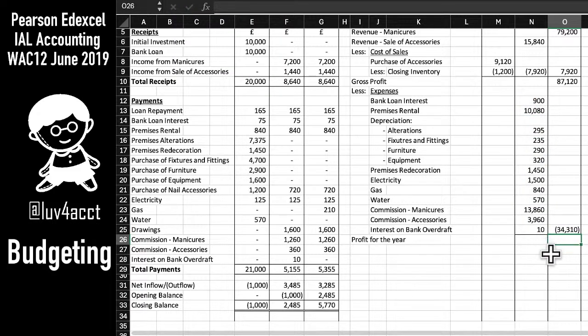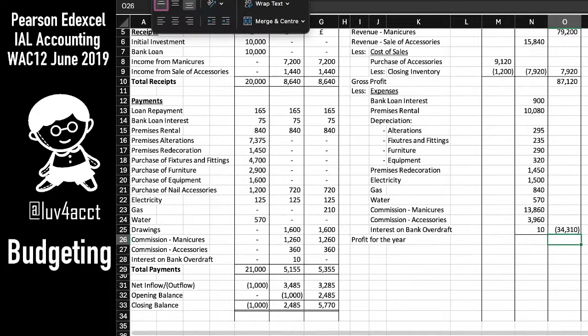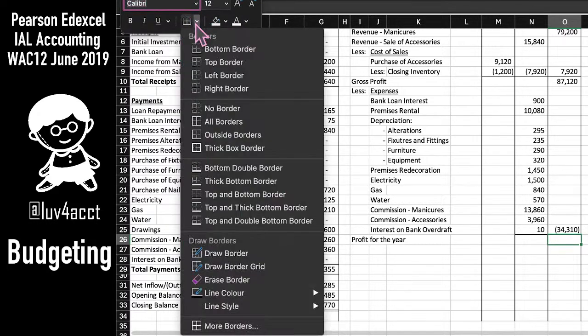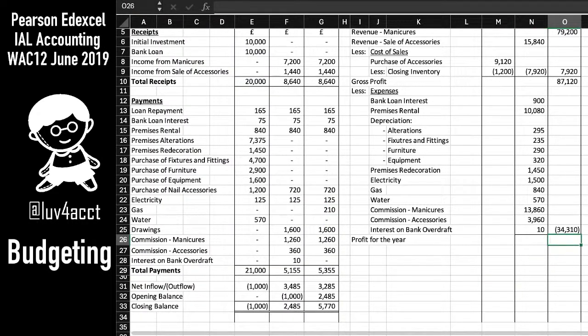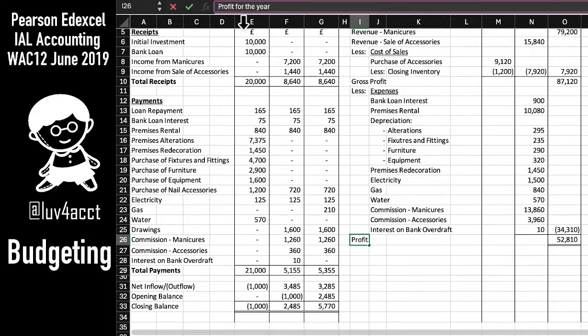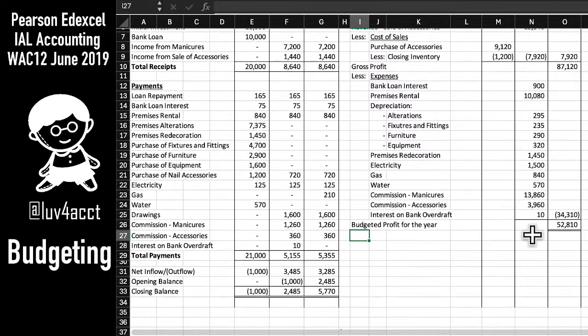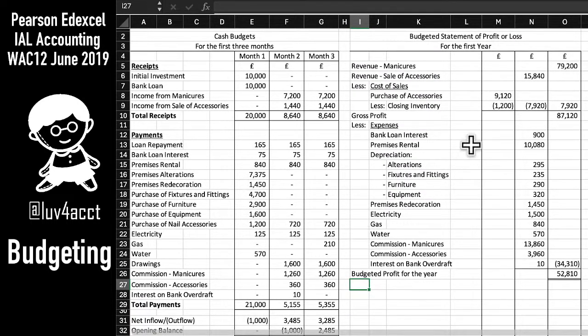Okay, so it would be total expenses, and then this would be our profit, budgeted profit for the year. Let me add one more word. It is the budgeted profit for the year. Okay, 52810. Finish. So this question is long, with many items, but the only challenge is to